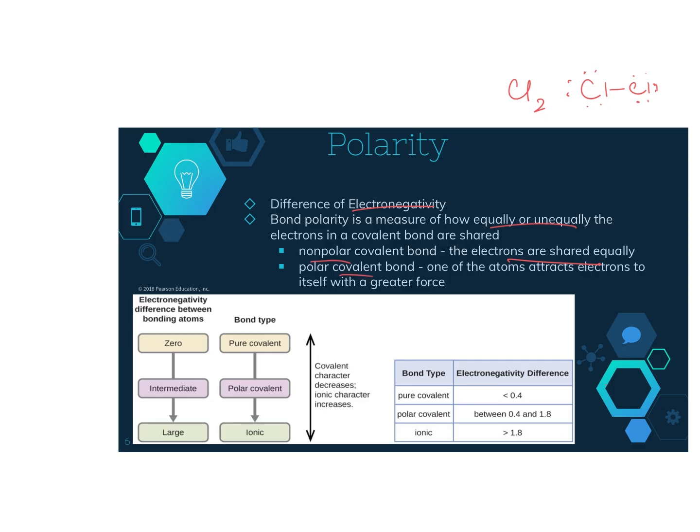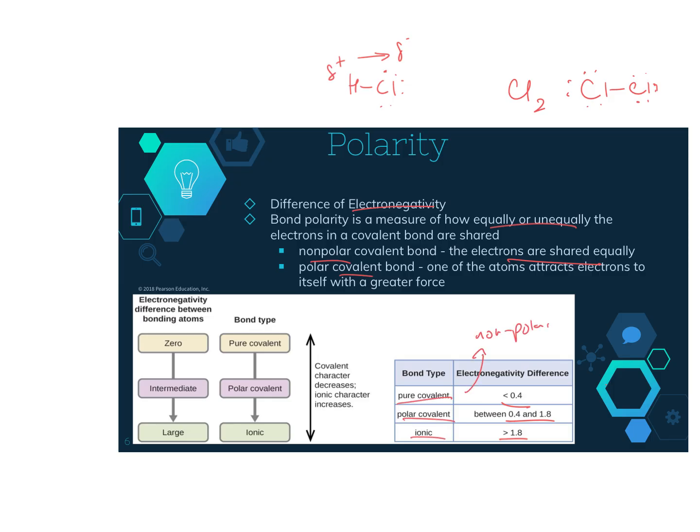For a polar covalent bond, something like HCl, they're shared unequally. In this case, the electrons prefer to go to the Cl, and so Cl is slightly negative, and H is slightly positive. And generally, based on these differences in electronegativity, we can tell whether or not it's polar, nonpolar, or ionic. If it's more than 1.8, it's typically ionic. If it's between 0.4 and 1.8, it's typically polar covalent. And if it's anything less than 0.4, it's normally a pure covalent bond, or in other words, a